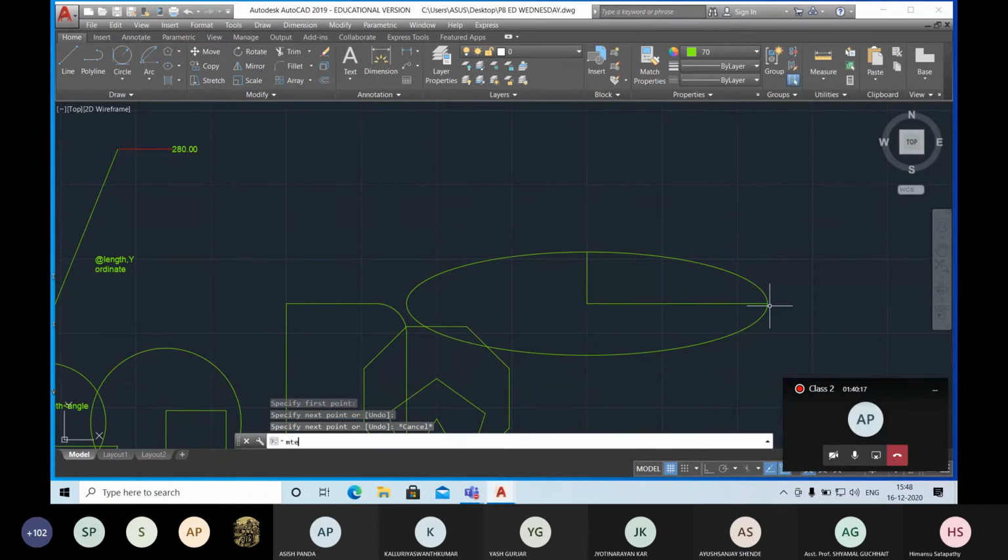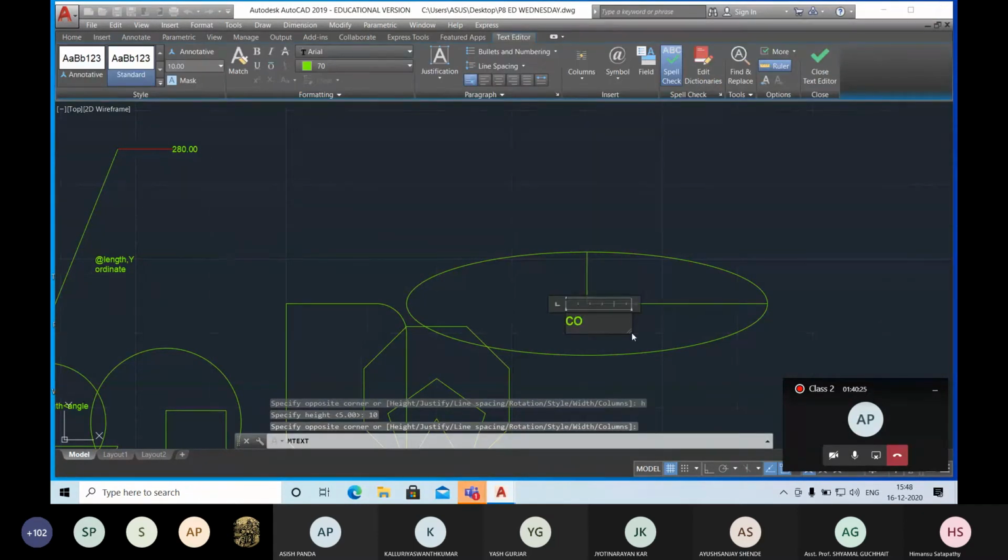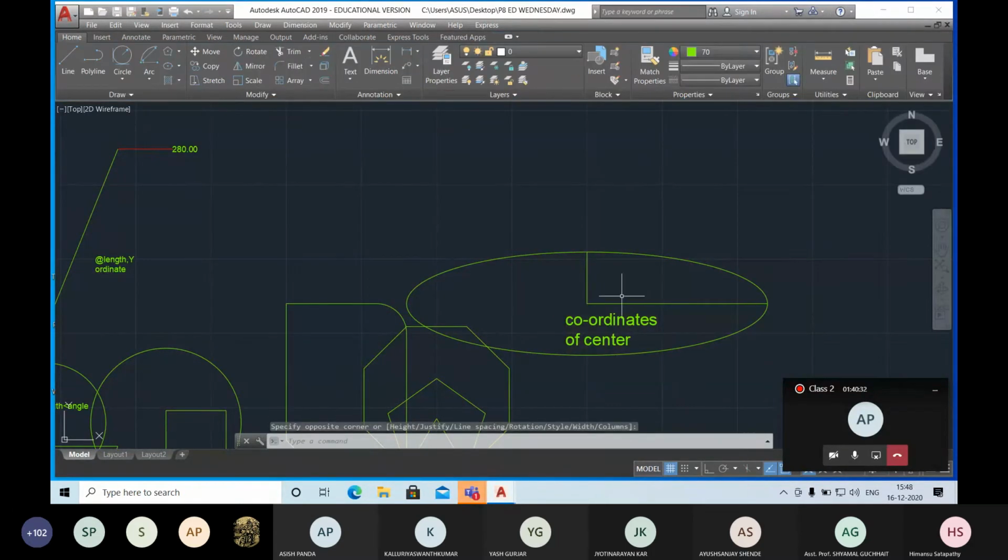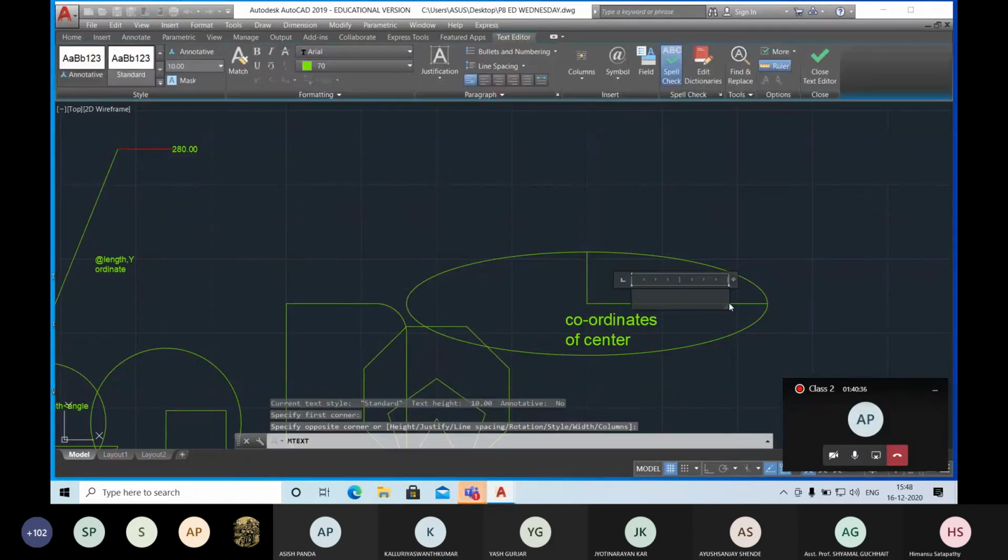So how to write a command for this one? This is the coordinates of the center. Okay, and how to write this one: you have to write it this way, at the rate, half length of the major axis.